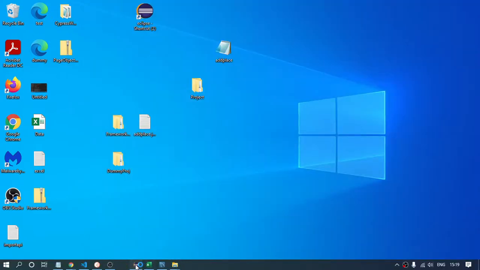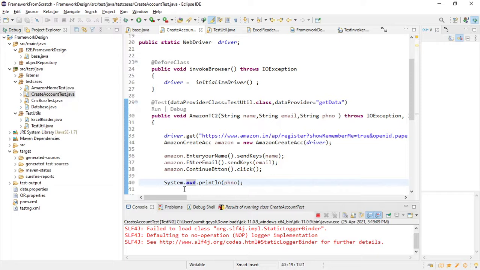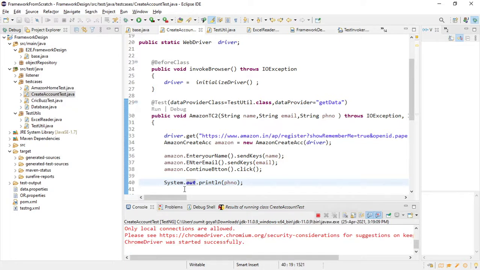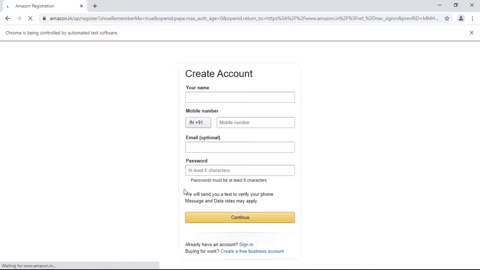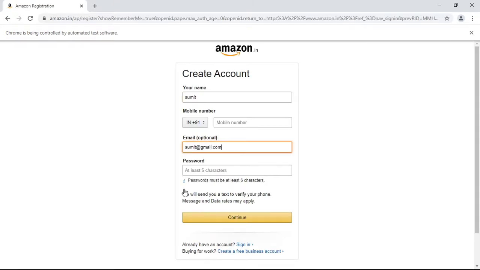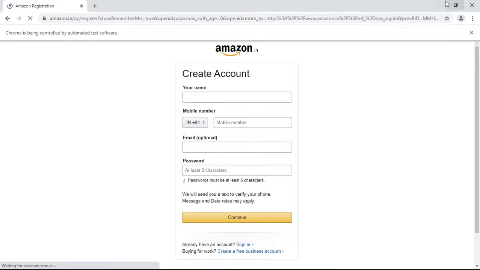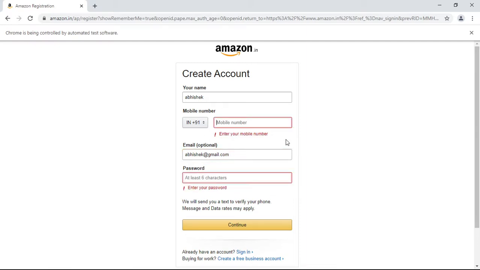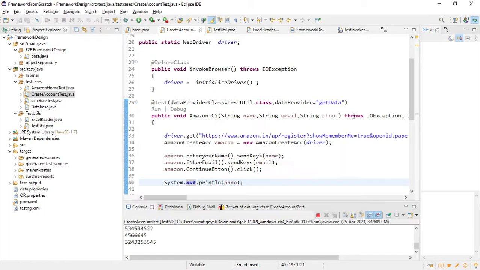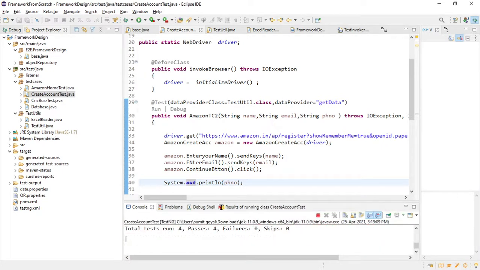You can see it has started to run, and this time, after it is done, all the 3 phone numbers will be printed in the output. So it's up to you how many fields you are having. You can see all the 3 phone numbers are also printed in the output. Is it clear?